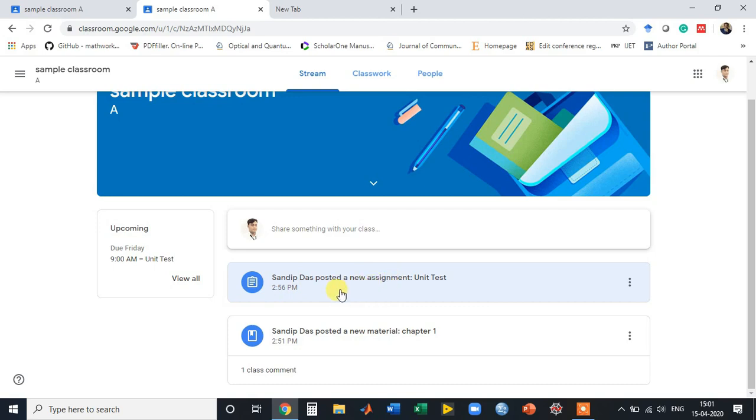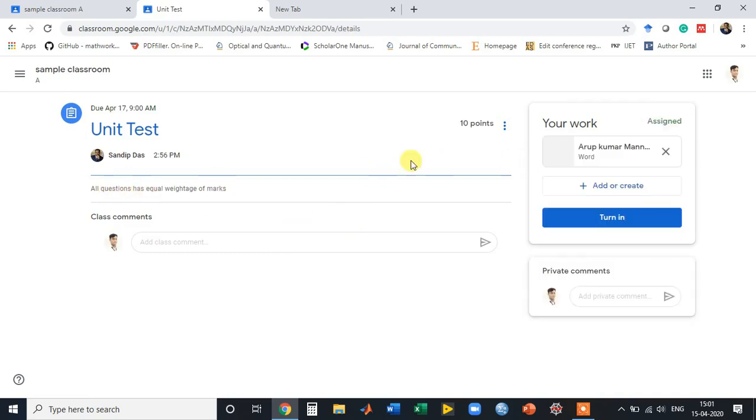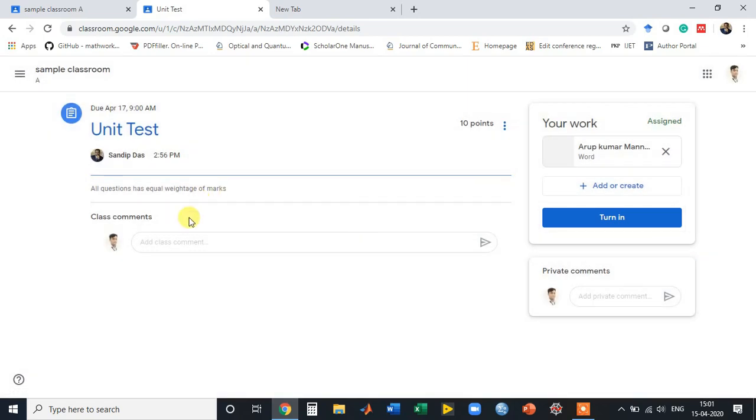The student simply clicks it and it will show the questions. All questions have equal marks, and this is the question paper that has been shared with the students.